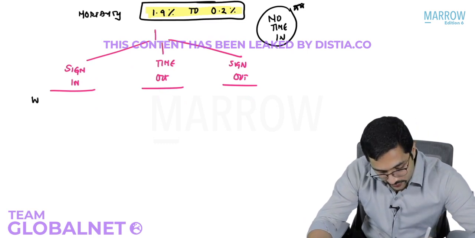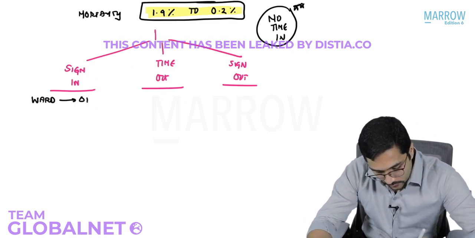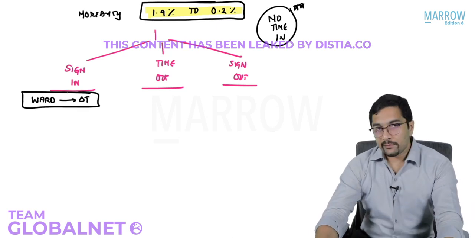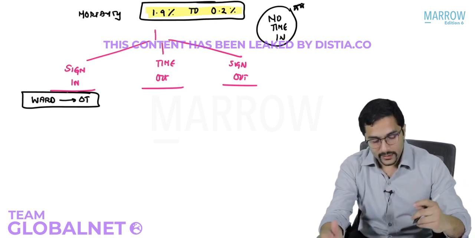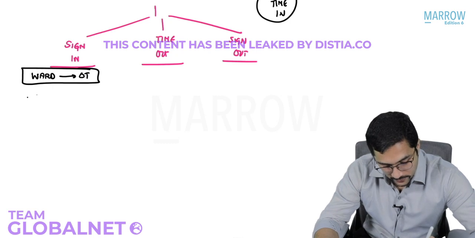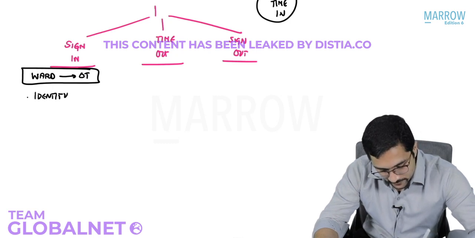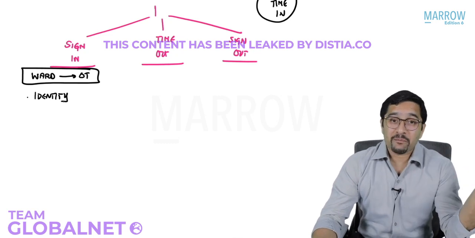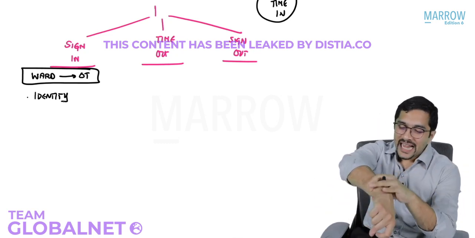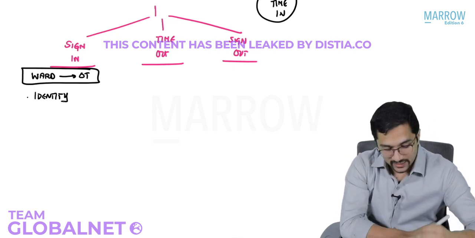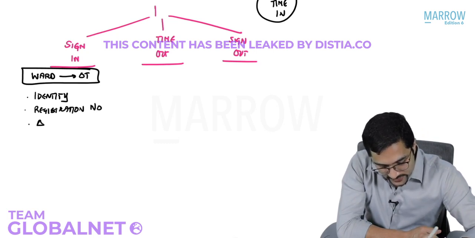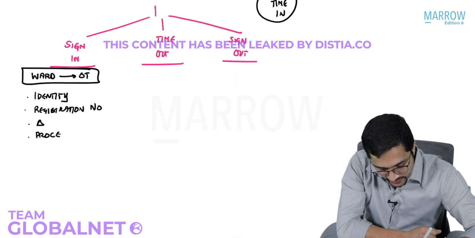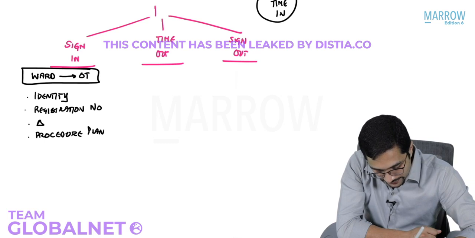is when the patient is shifted from the ward to the OT complex, and that is when sign-in happens, right? So the OT receiving nurse, the staff who receives the patient from the ward, will do the sign-in. And in the sign-in, what all is confirmed? The identity of the patient is confirmed, right? We make sure that we've got the same patient and not somebody else. So there is a tag which has the name and the registration number. So identity is checked, the registration number is checked. Okay, the diagnosis is checked. The procedure planned is checked.